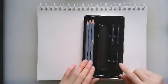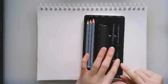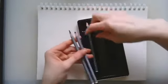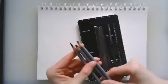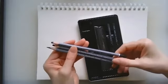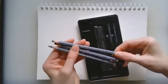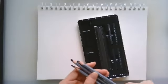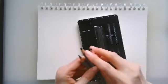There's a few different kinds of pencils in here, and in these sticks. These are drawing pencils that are charcoal. So not just regular drawing pencils, even just charcoal pencils. This is a charcoal drawing set. And you see it says medium, soft, and hard. So the softer the charcoal is at the top,